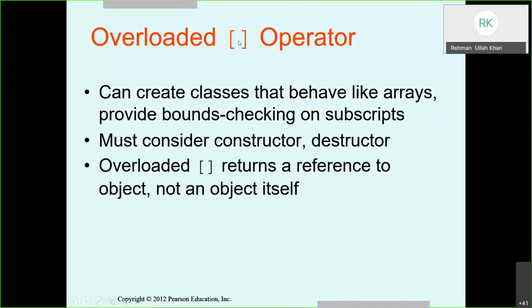In the same way, you can define the index operator. This is like an array index, so you can overload this operator also. In a normal array it works, but what about objects? To use this operator with an array of objects, you need to overload it, and it is overloaded in the same way as the others. The coding is given in the book also, you can go to that. I think the time is short and some students are in a hurry, which is why I don't have time to do that, but the procedure is the same.